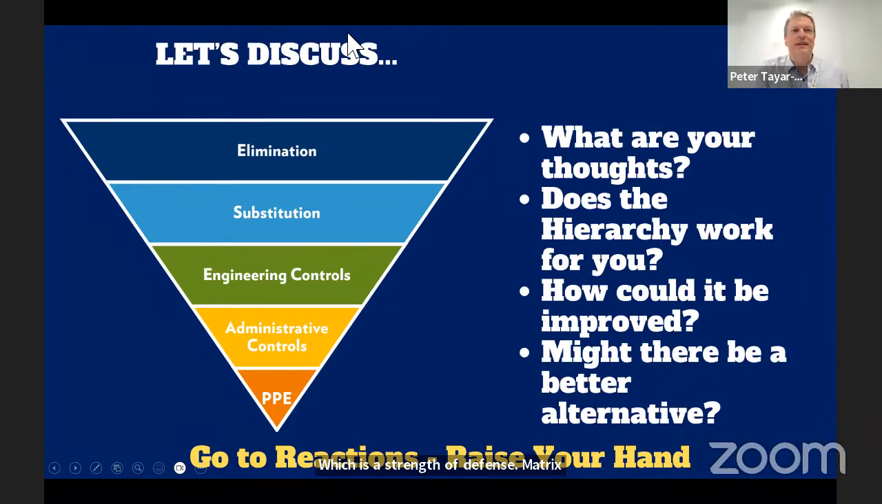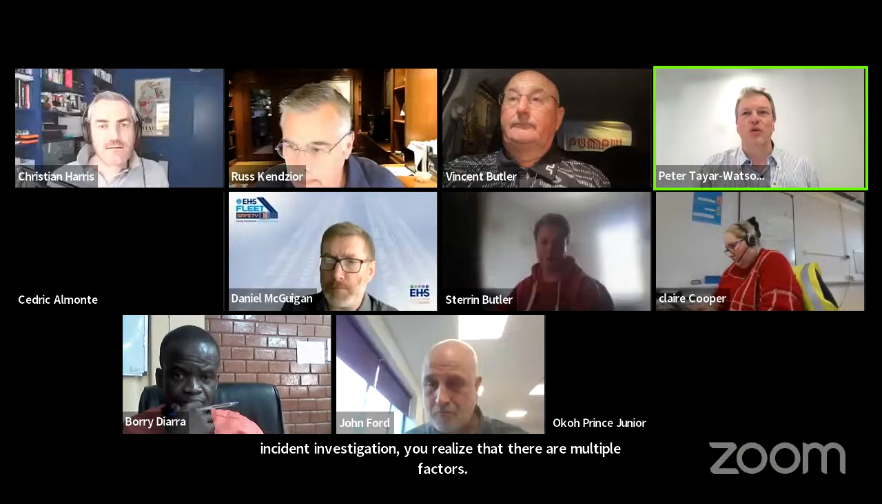First observation here is I think some of the discussion or questions has been around which level of this is right, PPE, which might be too often prescribed, or is it higher up? And I think it's a layered approach. Whenever you do an incident investigation, you realize that there are multiple factors. Some are root causes, some are contributing factors. Some are just like background. So,